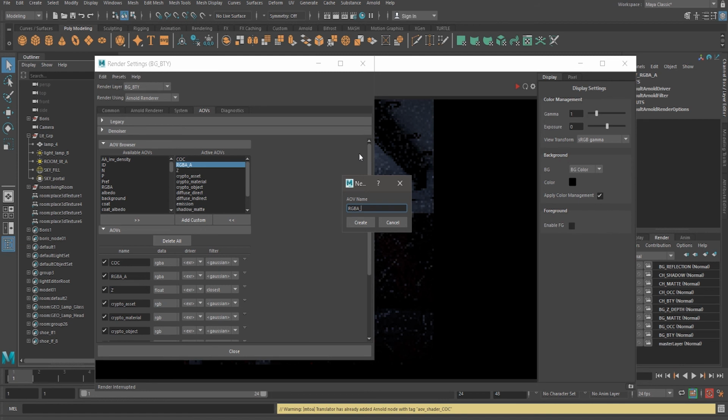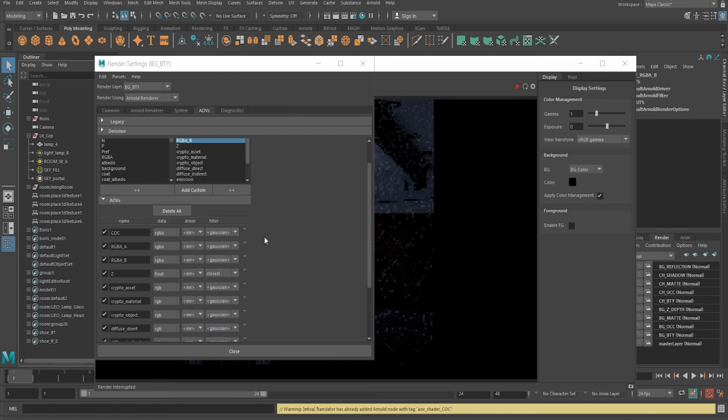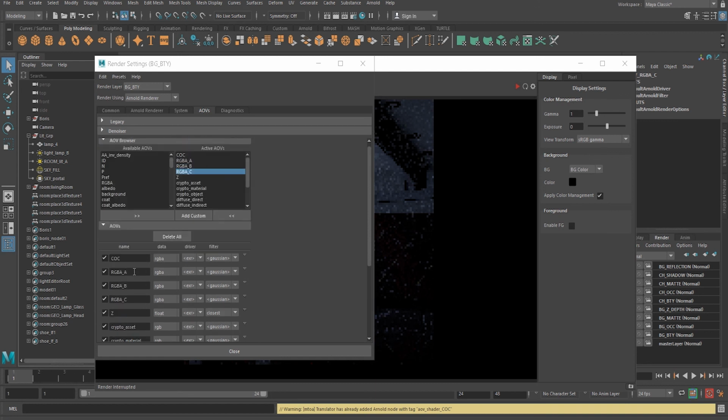So now I will write B and click on create. Also one more, RGBA underscore C. Whatever the name of your group is that you have given, it could be Ram, Shyam, anything, you have to give that name after writing RGBA. It will give you the passes separately for each and every light.